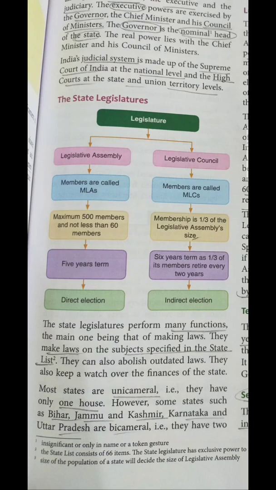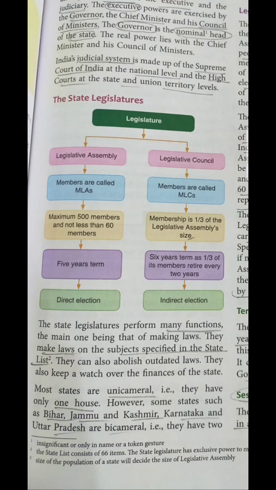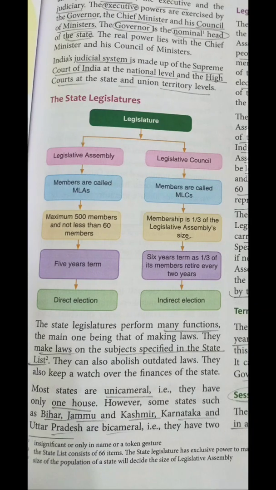It is not like the people have complete authority to choose their representatives for the MLCs. Okay, so hope you are completely clear with the diagrammatic presentation. If you are left with any doubt, no issue with that, we are going to discuss it in detail as well. The state legislature performs many functions, and one of them is making law. Which law is going to be implemented in the state is controlled by the state legislature.